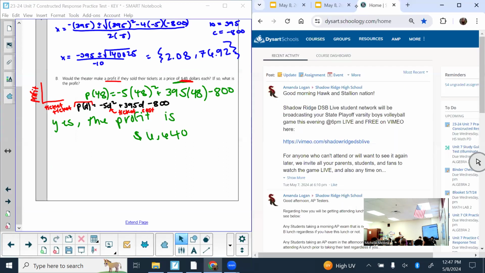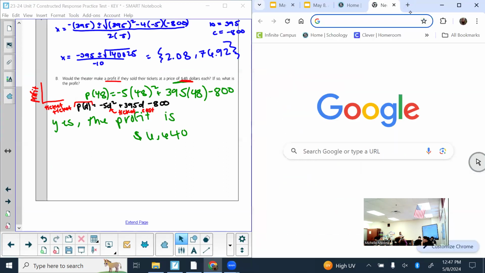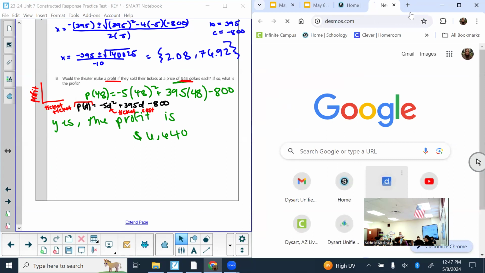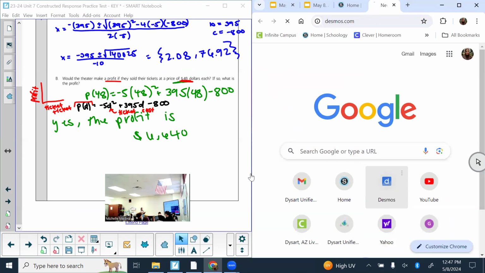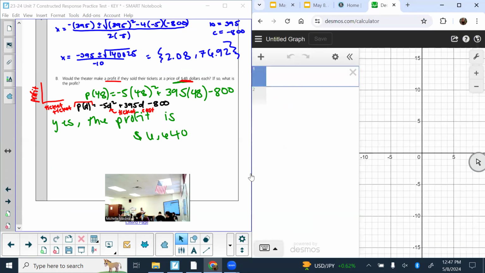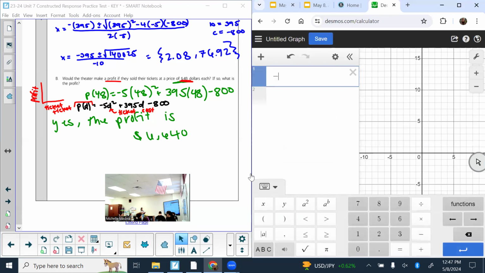Whenever you plug into a formula, you always use parentheses. Write it exactly how it looks on your paper. So -5 times (48) squared plus 395 times 48 minus 800